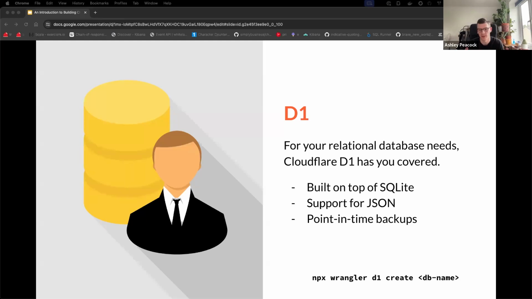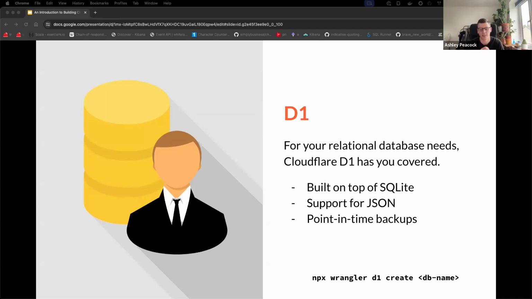If you've used document databases like Mongo, for example, it has support for JSON, so you can store JSON in the columns. There's some magic stuff that you can do with it where it can even kind of create dynamic columns based on the JSON, all sorts of fun stuff like that.